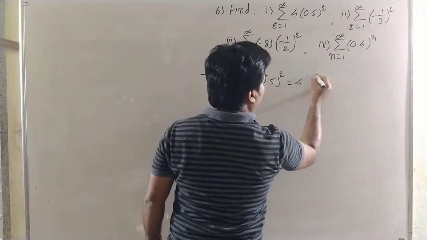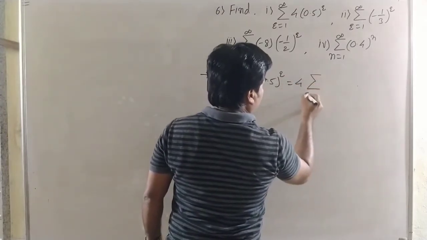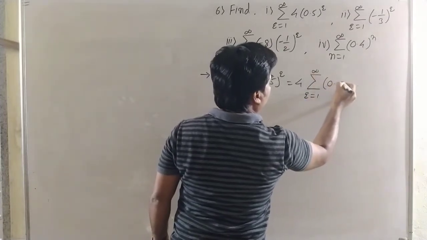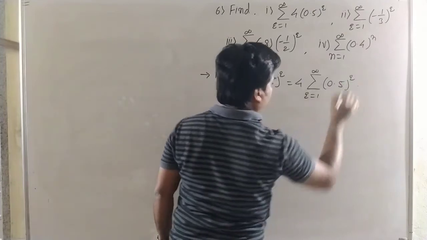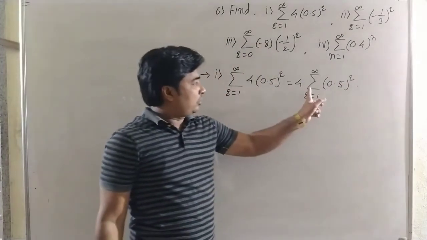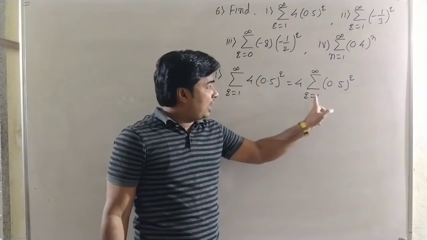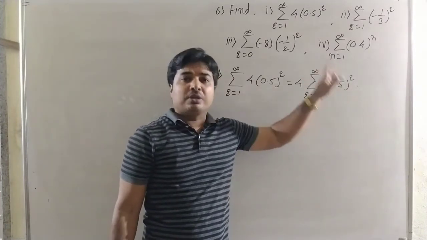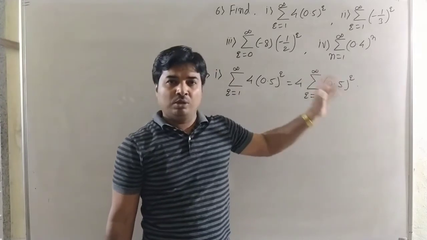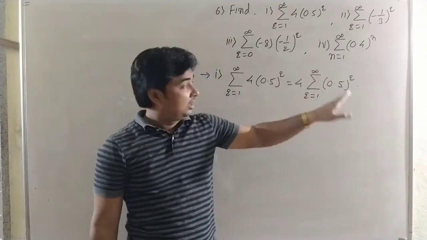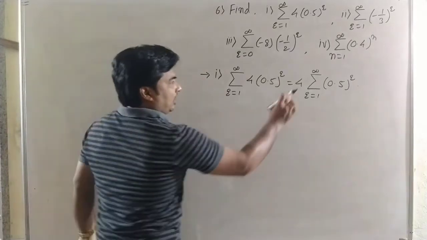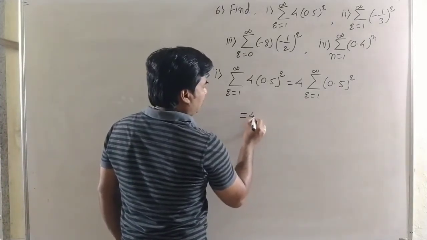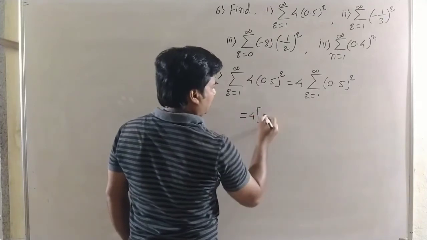It is 4 into the summation r is equal to 1 to infinity of 0.5 to the power r. Now it is the symbol for the summation, and the value of r is from 1 to infinity, that means 0.5 to the power 1 plus 0.5 to the power 2 plus 0.5 to the power 3 up to infinite. Now this can be written in the form 4 into